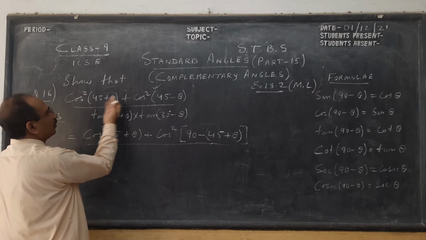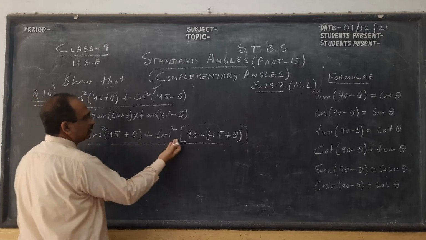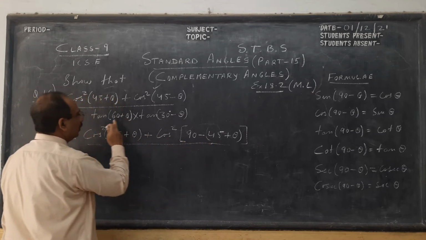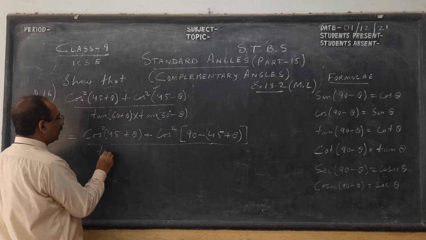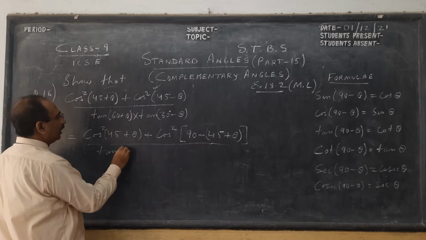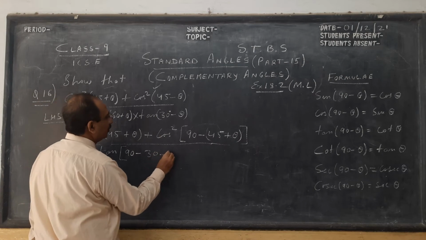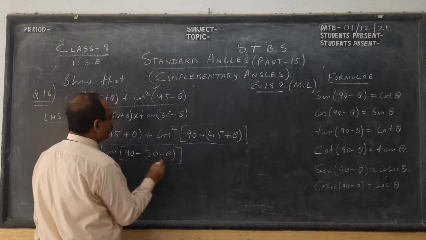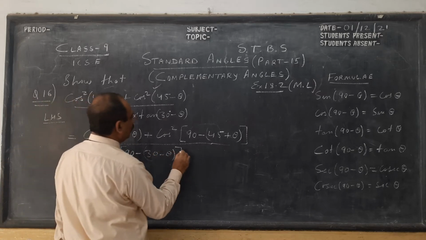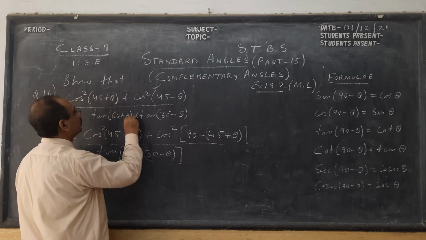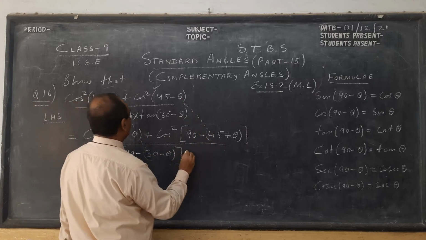This will become sine square 45 minus theta. Actually, I'm going to show you cos square 45 plus theta, and this will be sine square 45 plus theta. So here I'm changing the one, but you can change the second, but remember you have to change any one. So tan, here I can write it as 90 minus this angle. This is the trick, children, over here. Let us open the bracket and see: 90 minus 30 is 60, minus minus is plus. So when you open this, we should get this, and when you open this, we should get this. So keep in mind that one.